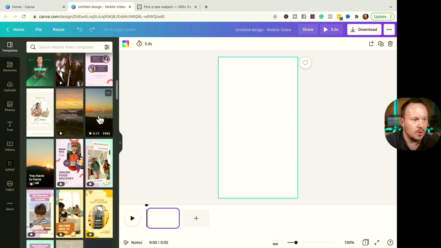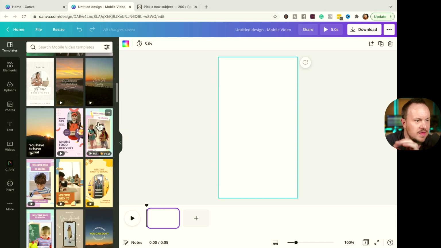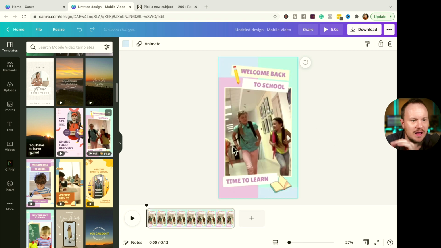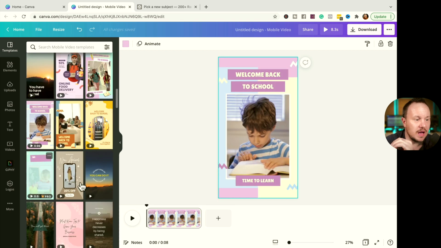Testimonials, these are really cool, where you can scroll over the fonts to see what they look like. And then there are all these graphics that actually have video embedded inside of the graphic design, which is really cool. And you can just keep clicking on them until you find one that you like.